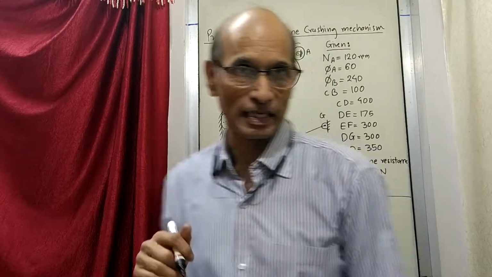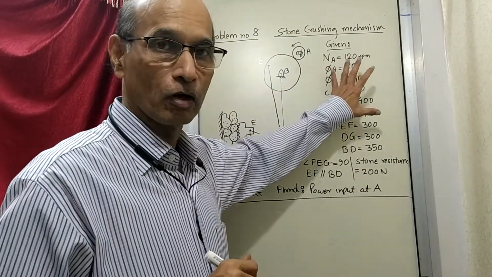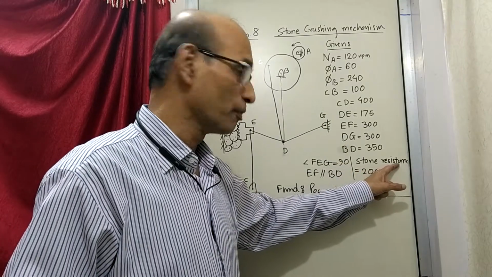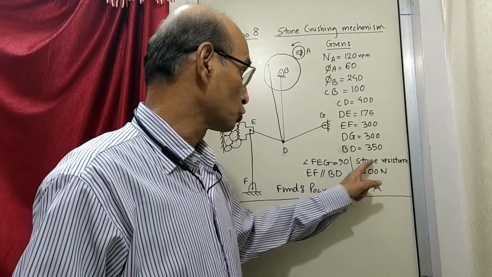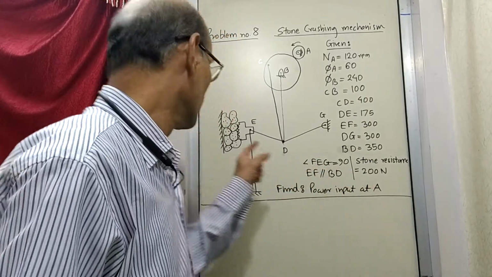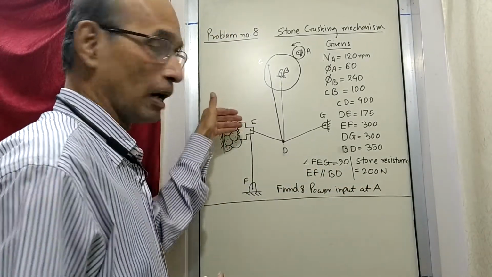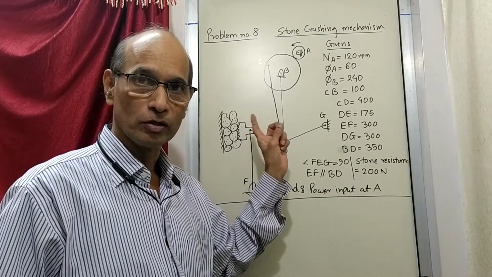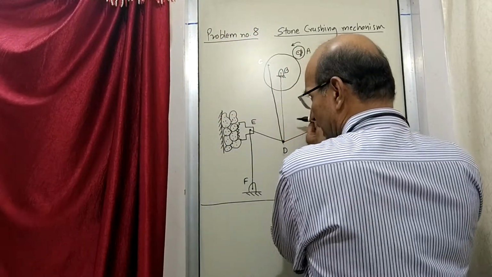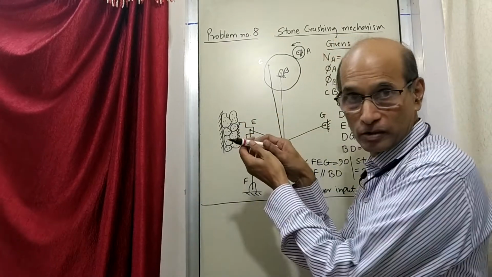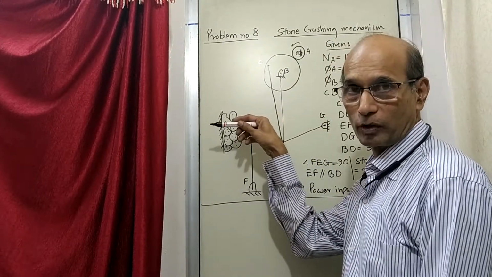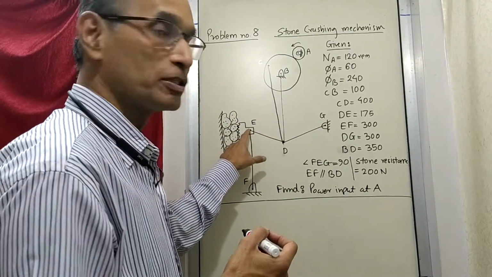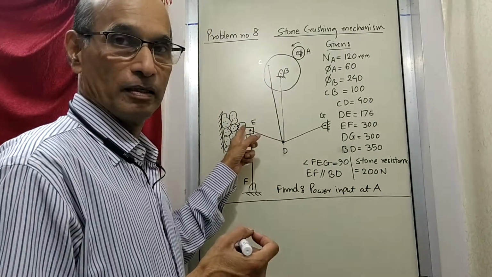So what does the data say? The data, of course, gives all the dimensions, so that you can draw the linkage diagram. And the most important information written here is that the stone resistance is 200 Newton. That means this stone is offering a resistance in the opposite direction of 200 Newton. For breaking a stone, you have to apply a force in this direction equal to 200 Newtons. This force multiplied by the velocity of this point, the velocity of E in this direction,